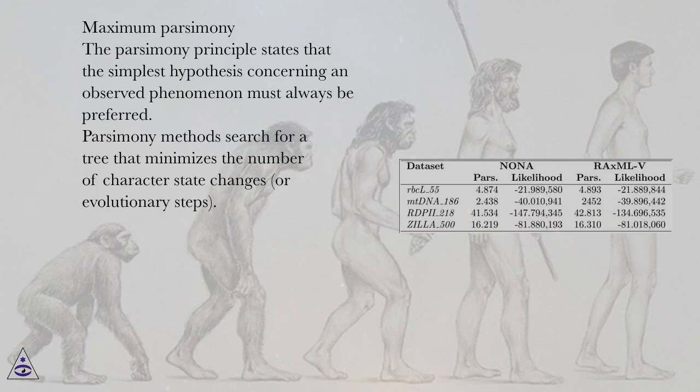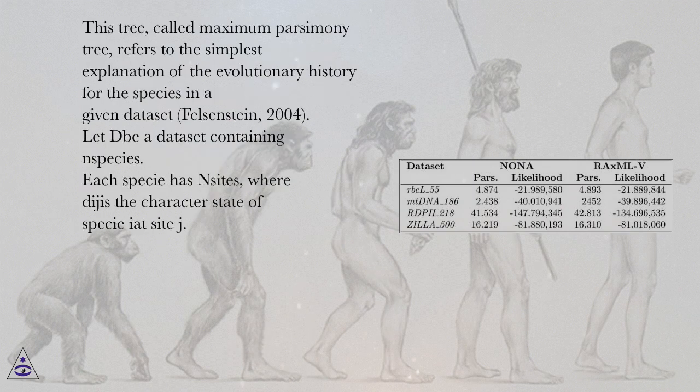Maximum parsimony. The parsimony principle states that the simplest hypothesis concerning an observed phenomenon must always be preferred. Parsimony methods search for a tree that minimizes the number of character state changes, or evolutionary steps. This tree, called the maximum parsimony tree, refers to the simplest explanation of the evolutionary history for the species in a